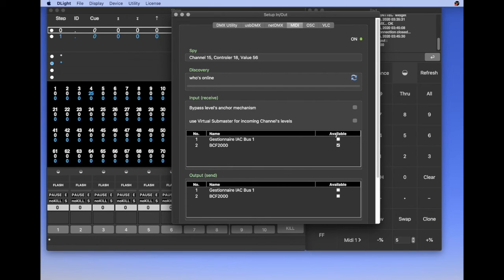You will want to use that when you want QLab or Live or whatever video software like Millumin to send MIDI to Daylight. You will use the IAC MIDI server. If you want Daylight to send MIDI flow to QLab or whatever, you will want to set it available here.